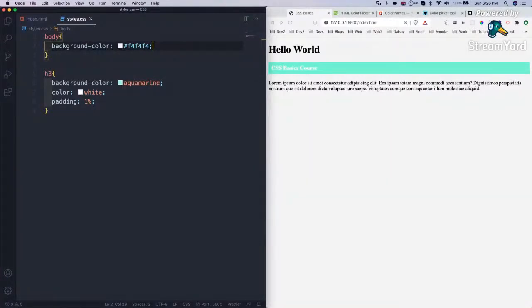So what is the hexadecimal system? This we have learned in math. In the hexadecimal system the color is a six-letter thing. 000000 is whole black.